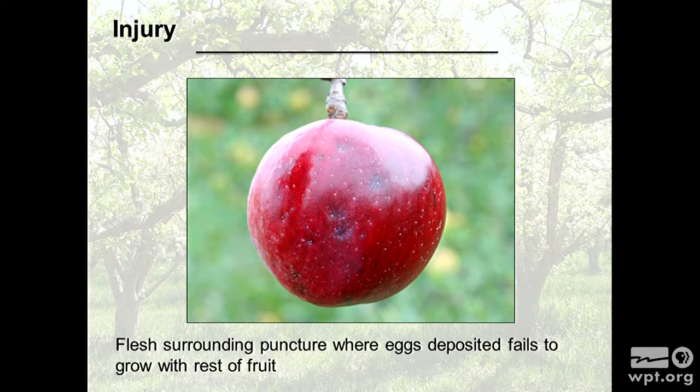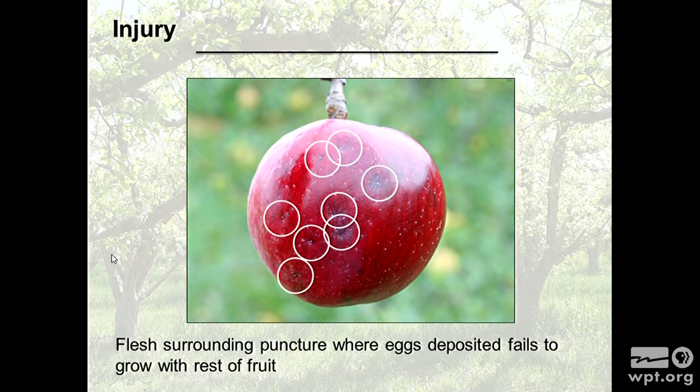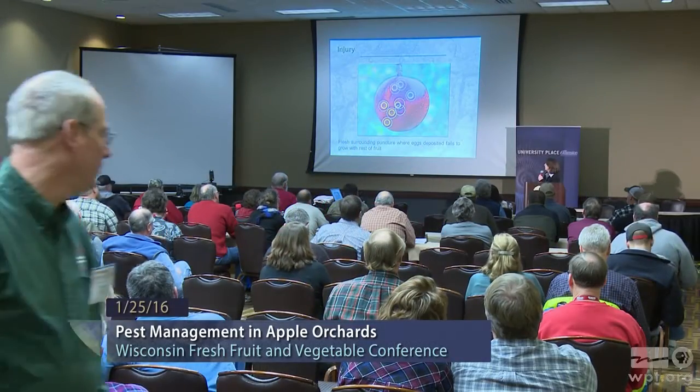This slide has a lot of oviposition scars. If you look here, you have this sunken area, but it's kind of hard to tell, especially when you have those lenticels, to see where the oviposition scar is, where the egg was laid. If you look up close, this is actually where the oviposition scar is. What happens is as the female lays its eggs underneath the skin of the fruit, the flesh of the fruit near that, where the larva will start feeding, doesn't develop with the rest of the fruit. So you have that scarring that will occur.